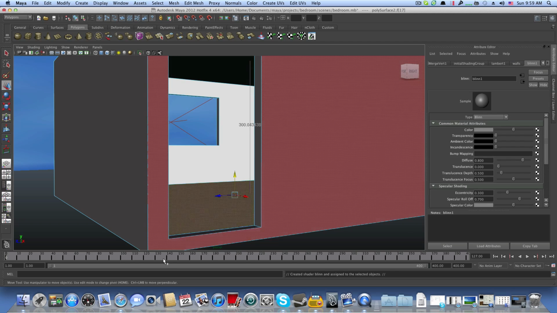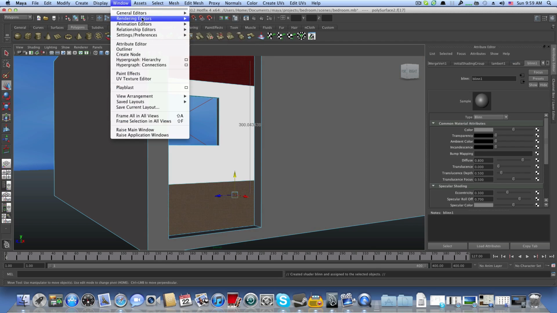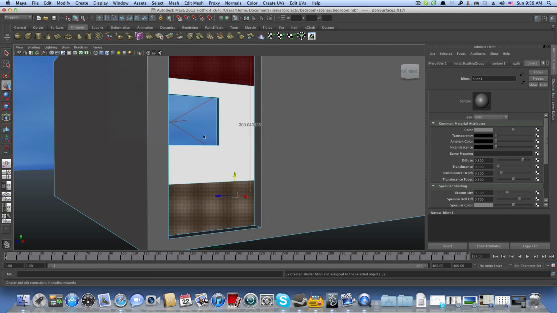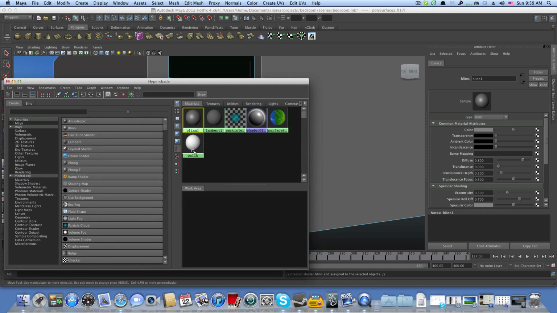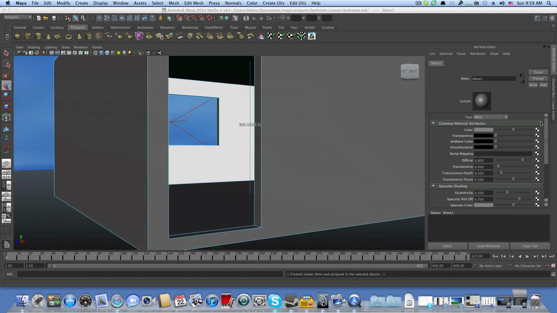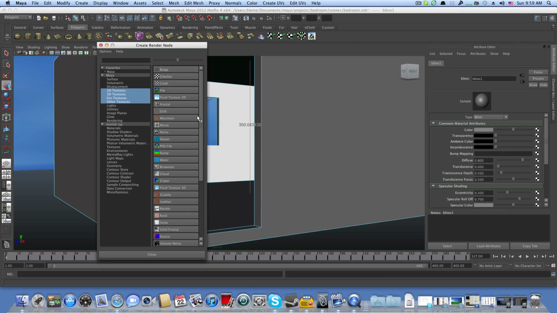Okay, if you can't see it, you can go over Window, Rendering Editors, Hypershade, and open the Hypershade box. Okay, so here is the blend, and when you click on it you will see in the attribute editor this dialog box. Now we want to use a texture for this color, so I will click on this checkered box over here